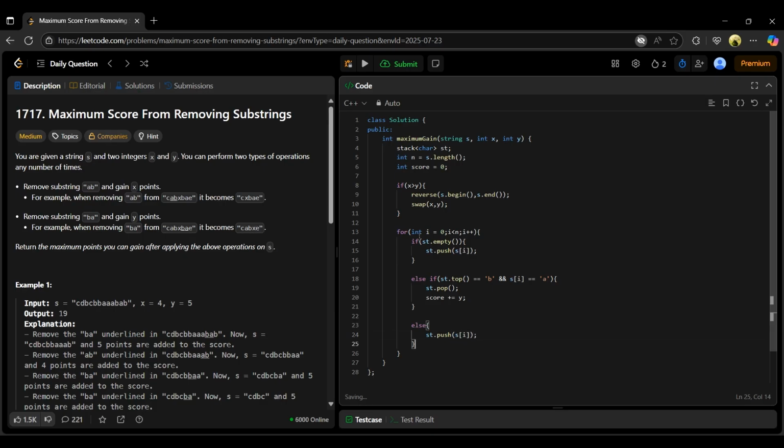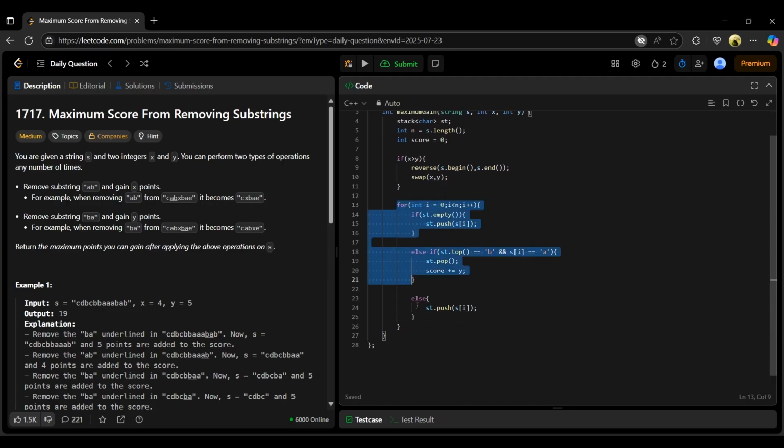This is our first part, in which we remove all the BAs and get the maximum valuable point score. Now we first have to collect that string from the stack.